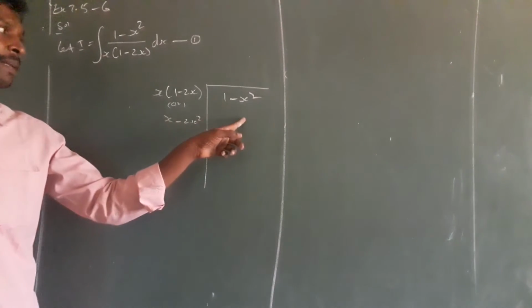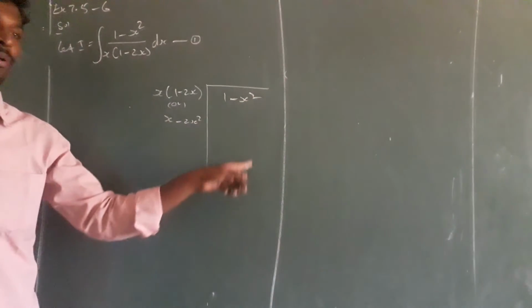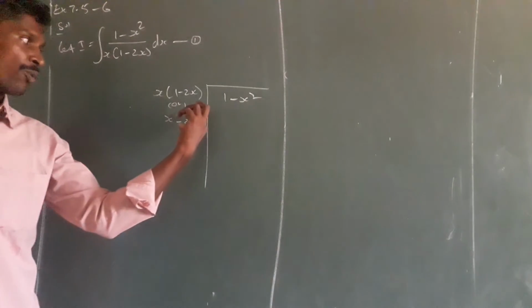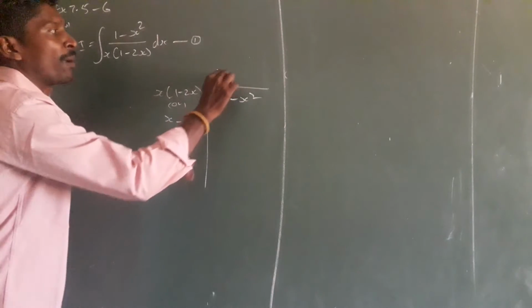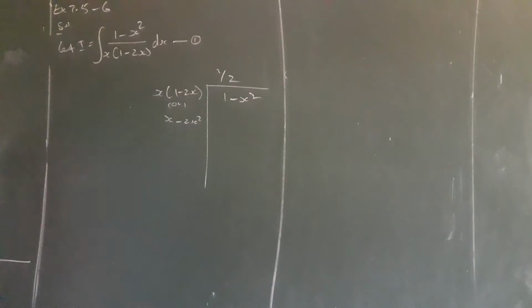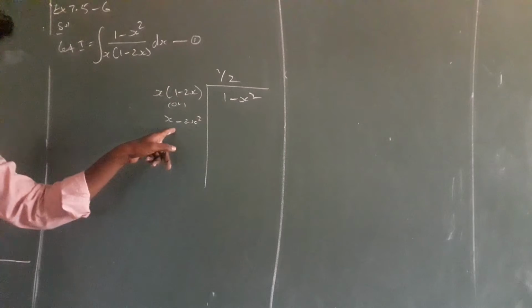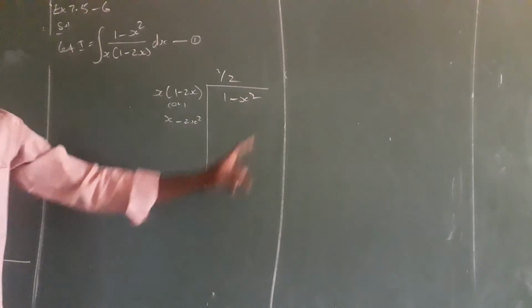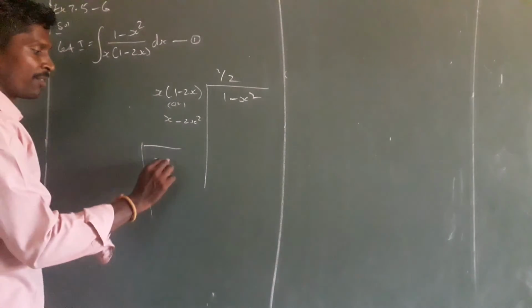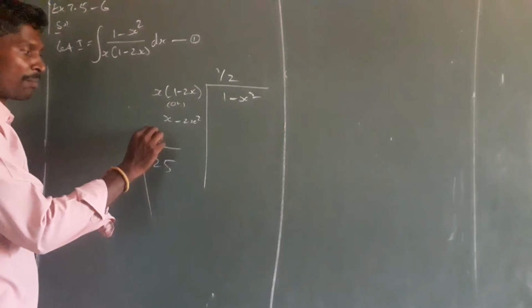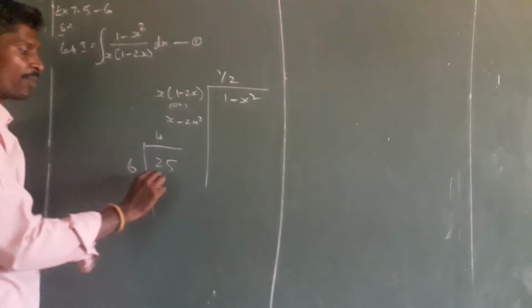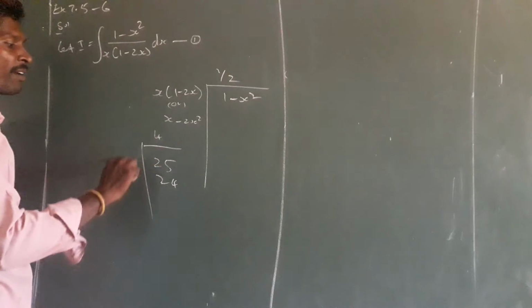When it becomes plus x, it is possible that x squared will be eliminated. So here the coefficient 1 by 2 is there, so multiply by 1 by 2. You are doing only online division. When you multiply by 1 by 2 and write it inside... You understand? For example, what is normal division? 25, 6 is there. What number do you write? 6 is there, 6 4s are 24. So you multiply these two values and write it inside.